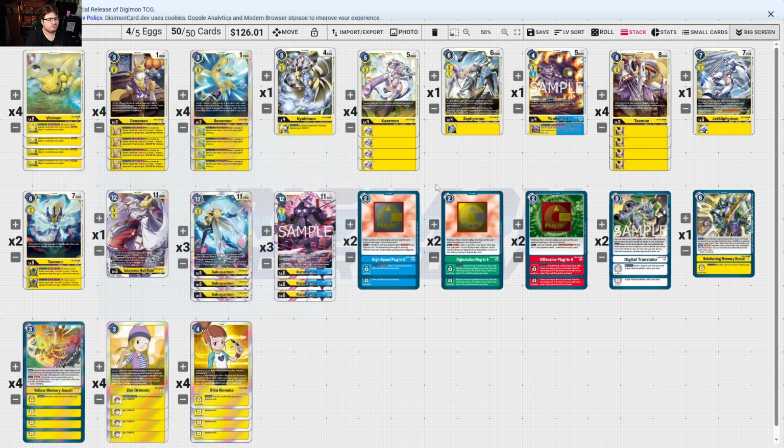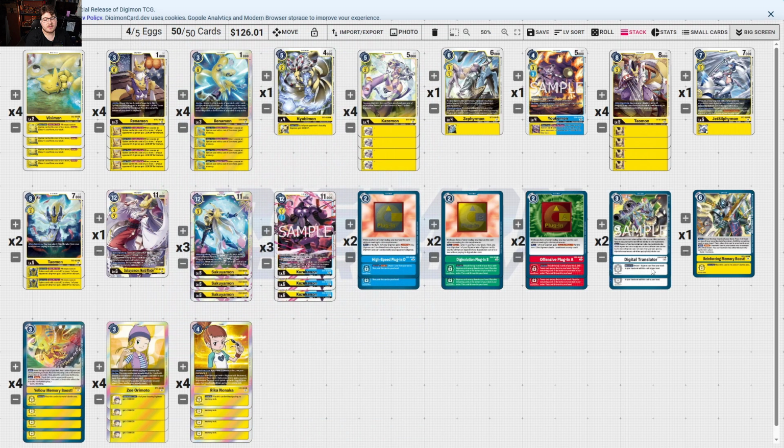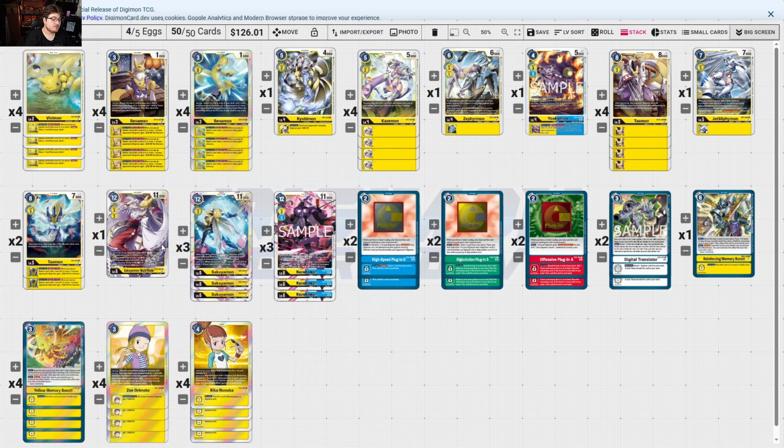Sakuyamon definitely being able to use your plugins for free, and then you can just go with digital translator to go into your Sakuyamon. Just keep this in mind that you can't go Kazuamon into Sakuyamon because it treats itself as Sakuyamon. It can go into maid mode with this card, or it can go into this Sakuyamon the other way